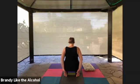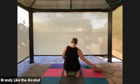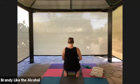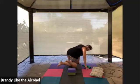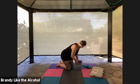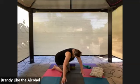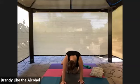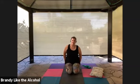Toes are pointing straight back. I can actually wiggle my toes at you. And this is Thunderbolt Pose or Hero Pose, Virasana. That's what the rear view looks like. Some of you might be able to come down to 1 block or no blocks, or maybe just a little bit of cushion between your heels. I'm going to demonstrate up on a pair of blocks,